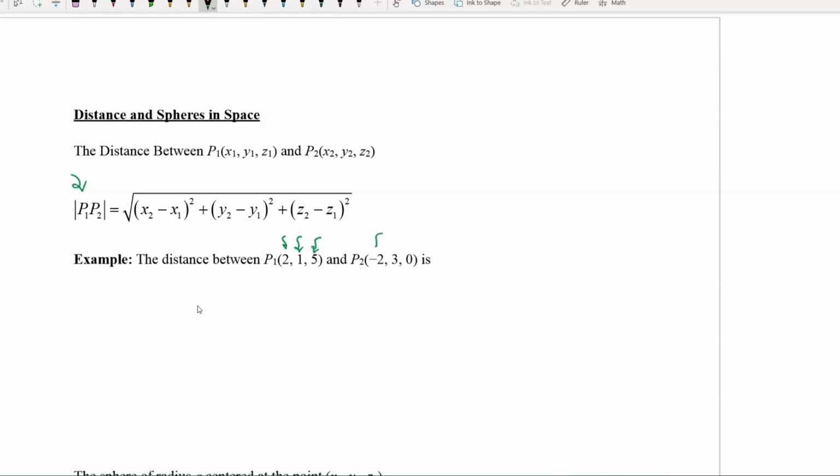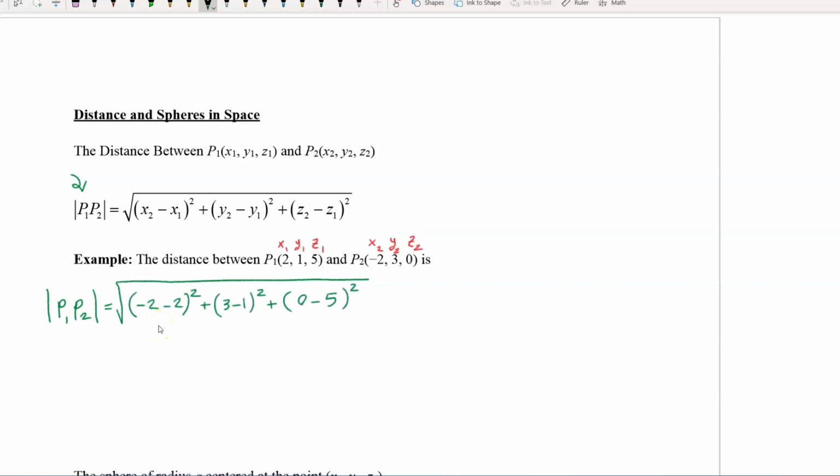That is for P1. And here, for P2, x is -2, and y is 3, and z is 0. Now finding distance between P1 and P2, it is equal to square root of x2 is -2, so -2 minus x1 is +2, and then square, plus y2 minus y1, so that's 3 minus 1 squared, plus z2 minus z1, so here we have 0 minus 5 squared,